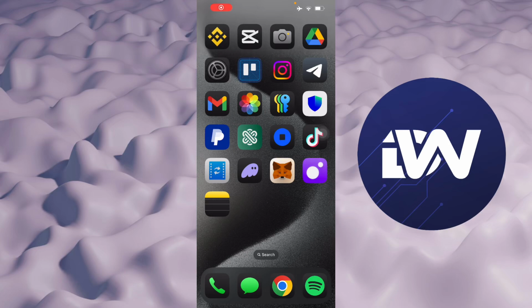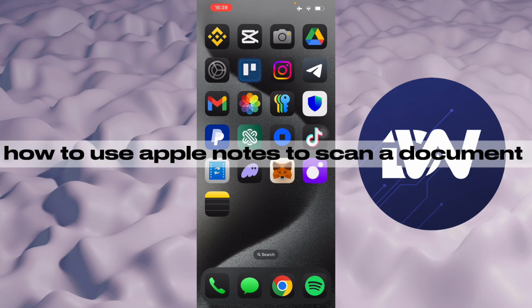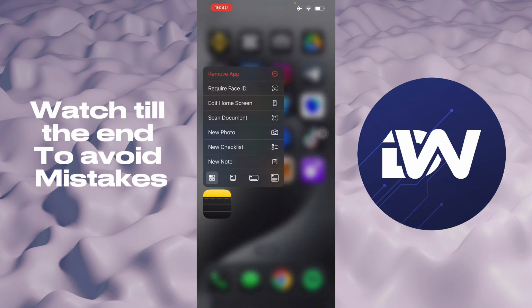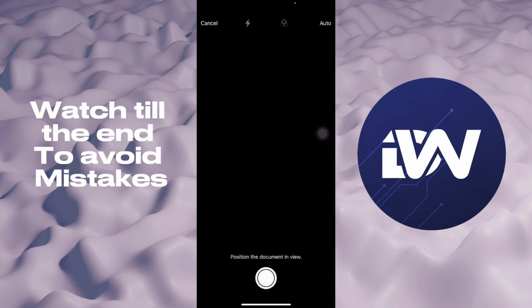Hello guys, in this video we're going to talk about how to use Apple Notes to scan documents, and it's pretty simple. To scan your notes or documents using the Notes app on your Apple devices is pretty simple. Long press it and then right here it's going to show you a variety of choices. In the variety of choices, all you have to do is scan document to redirect it to your camera, and